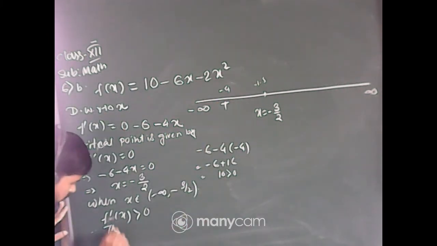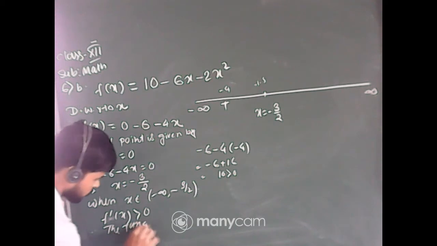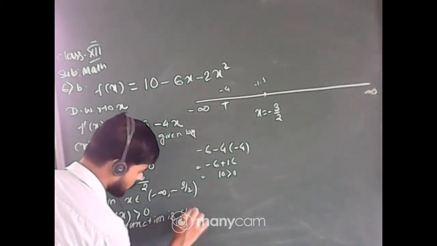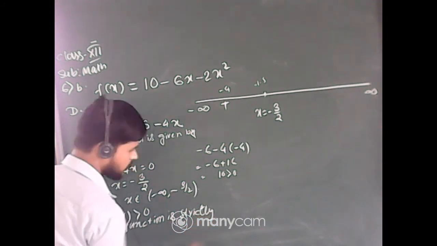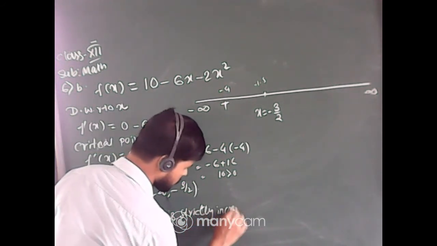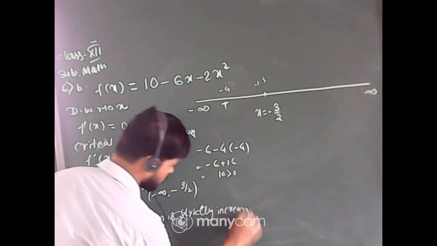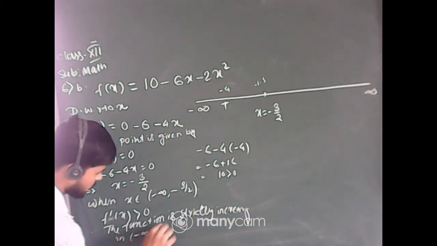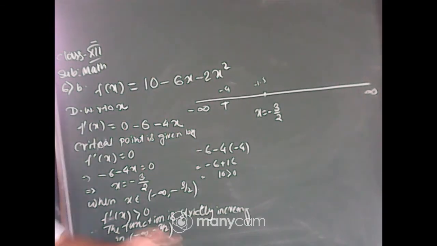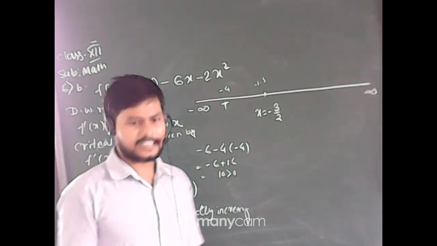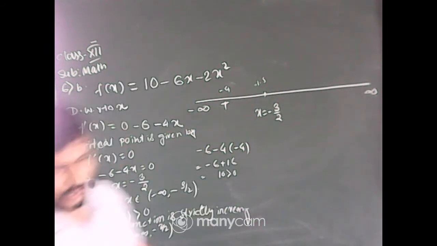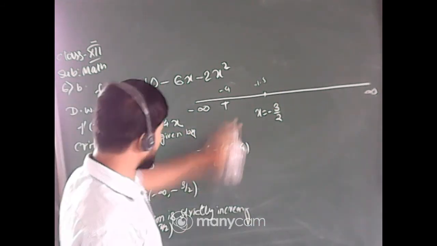Therefore the function is strictly increasing in the interval minus infinity to minus 3 by 2. Okay, now we have to check the nature of the function on the interval minus 3 by 2 to plus infinity. Okay, so case 2,